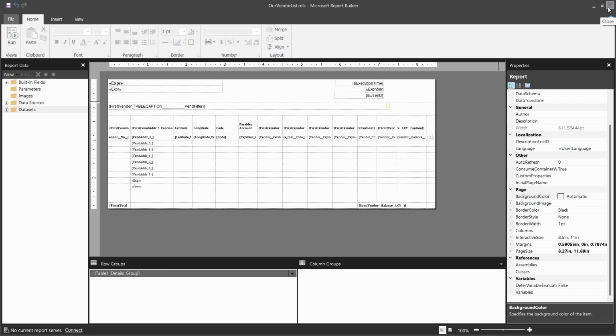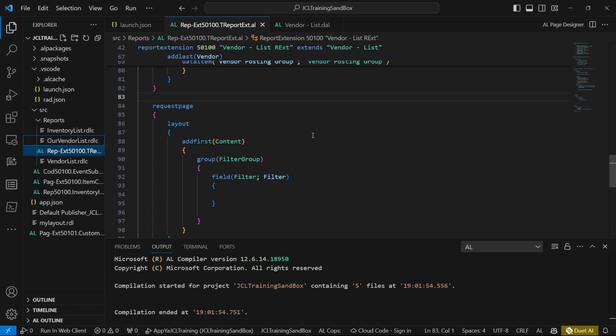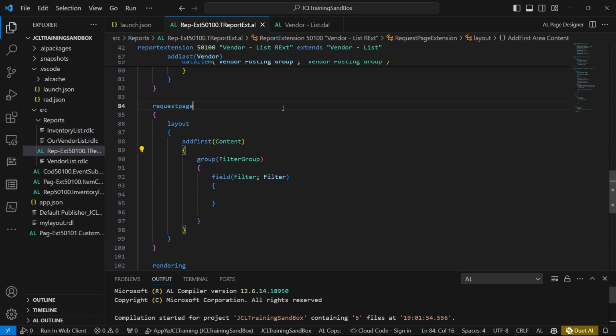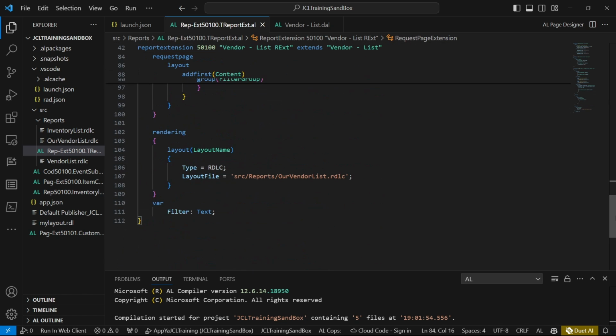So now we have modified our extension, done our layout, and saved it. Maybe this user ID should move to the right so that it can be well displayed. Those nitty-gritties can still be done, and we now need to view our new report. We'll need to select it because it will not be the one generated automatically when we try to preview this. Build again and run